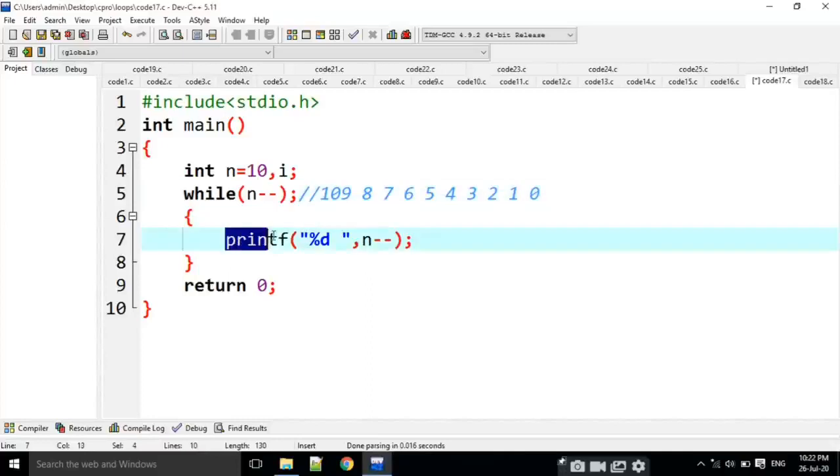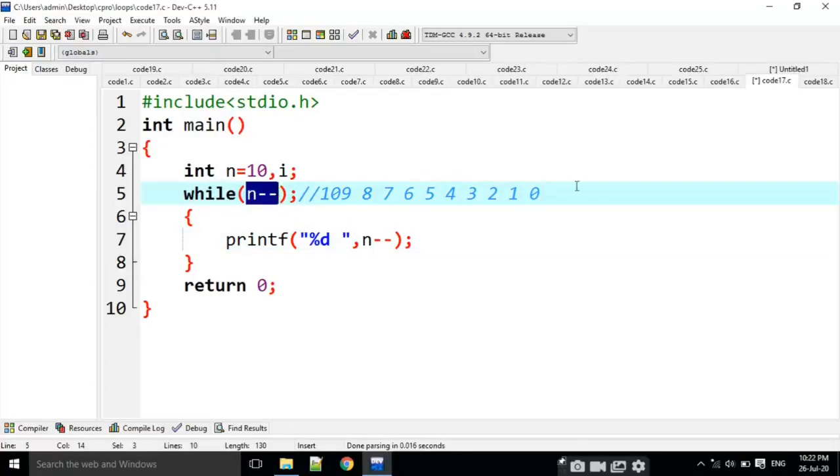Then coming into this printf statement, now what is n value? N value is already 0 here. After the statement, n becomes -1. Here it is printing -1, and after the statement the n value becomes -2 really.